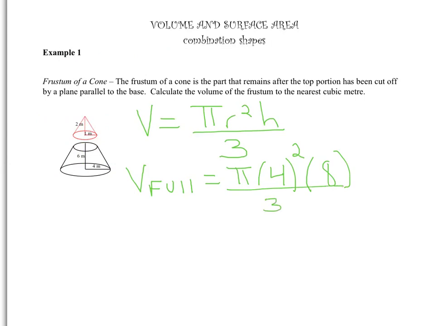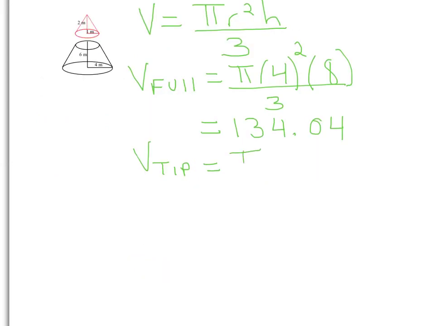And calculating that particular volume, we get 134.04. I'm not going to worry about units yet since we're not finished. We now need to calculate the volume for the tip. Okay, so same formula. So pi times the radius for the tip being 1 as shown, squaring that, and the height for the cone tip being 2 as shown. So calculating pi times 1 squared times 2 divided by 3 to give you